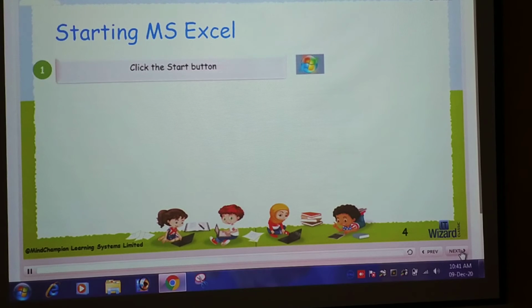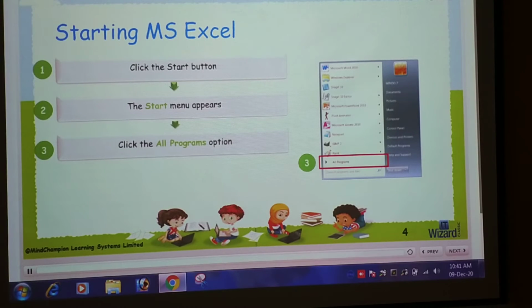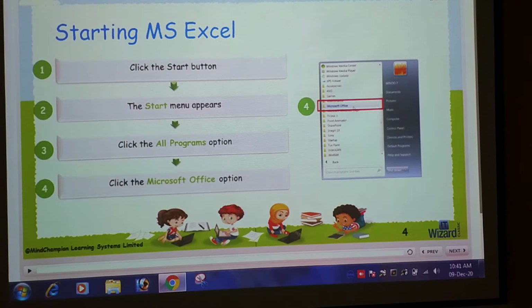Now let's see first of all how to start MS Excel. MS Excel starts in two ways: shortcut method and step by step method. Now let's see step by step how to start. First of all, click on the start button. Then the start menu appears. After that, click on the all programs option. Then click the Microsoft Office option.